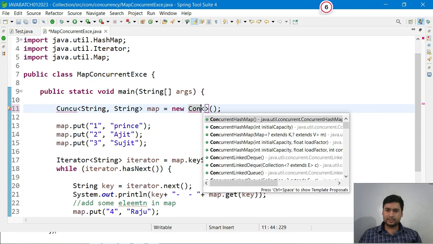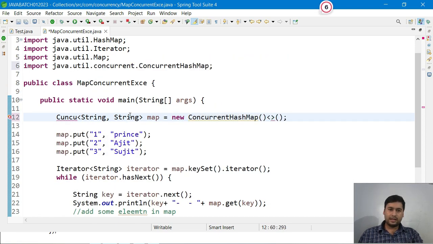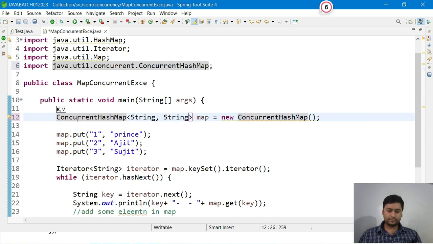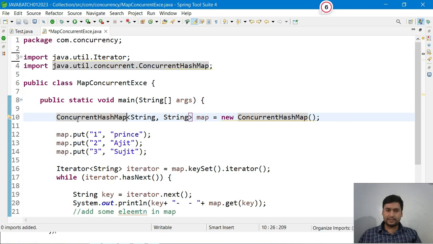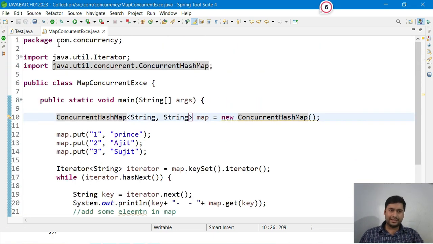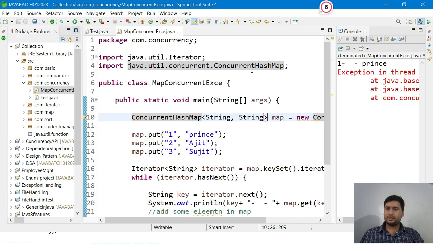Okay, so once we write the ConcurrentHashMap, and again the same code, nothing changes. If I run it, you can see all those values are printed. It's a magic. Okay, so this is the power of ConcurrentHashMap, which is available inside the